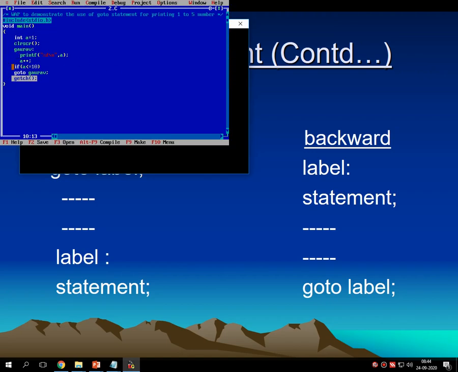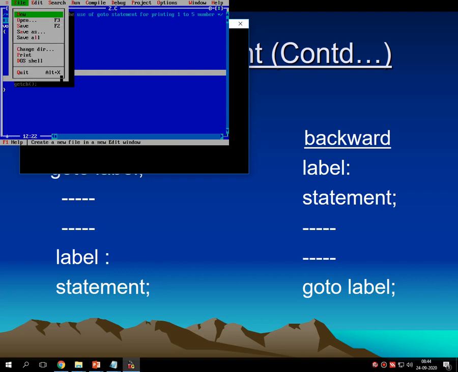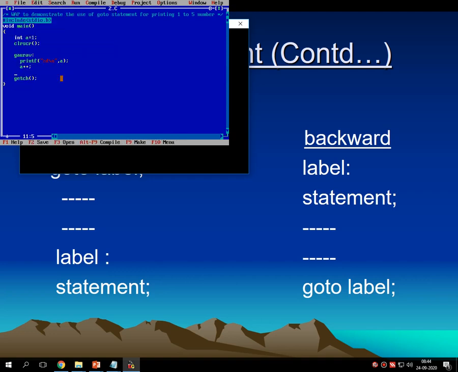So for that, what do we have to do? Simply, first you have to check for the condition. Take this portion from the bottom, cut it and put it over here, shift insert.